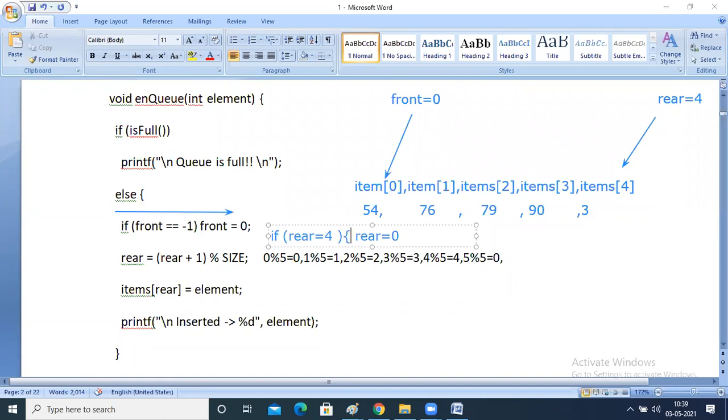Otherwise, else, rear is equal to rear plus 1. The same step you can write like this also: when rear becomes 4, the next value will be rear is equal to 0. Otherwise, rear is equal to rear plus 1. So at that point, I will be keeping my element.